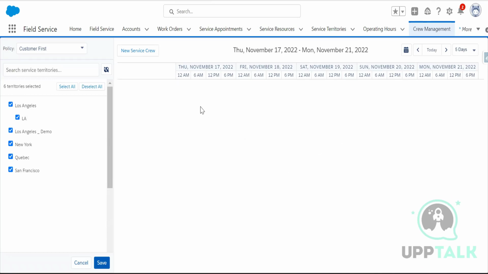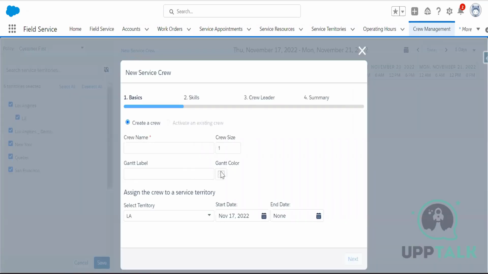Yeah. So look at this. Here, the new service queue button is there. I have given that permission, so the new service queue button is there. If I just click on new service queue, yeah, this page is coming. You can create a service queue from here. Okay. So you can create, suppose, LA